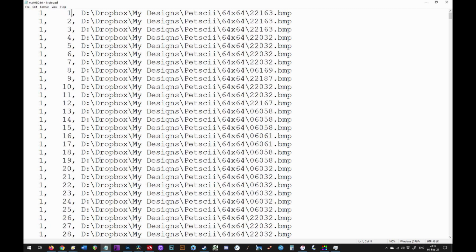So this is actually the correct order as well of images for us, so it's from the top left and going right, and then the next line, etc. And if you have named your individual character image files with the number that corresponds to the value you need to put into the screen memory address on the Commodore 64, it's easy to go into this text file and remove everything but those numbers,